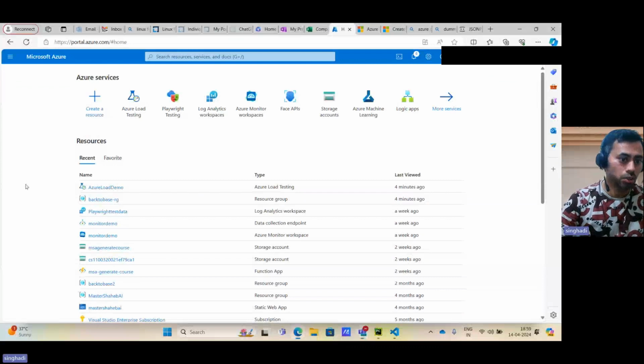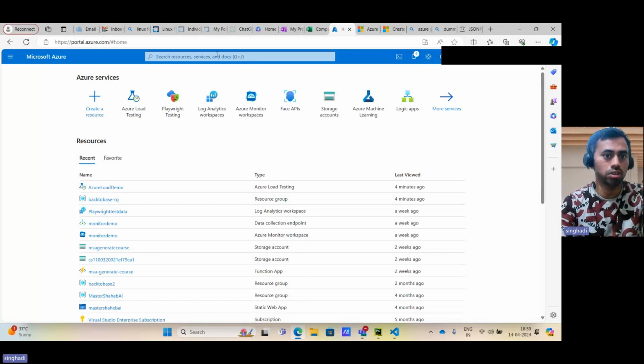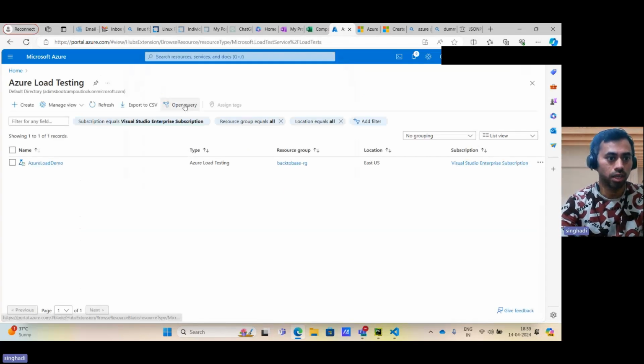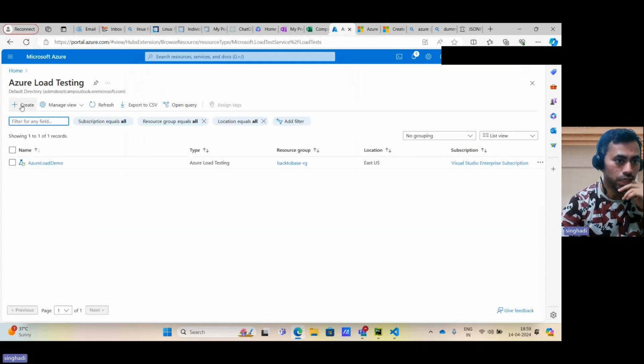So, without wasting much time, let's talk about that. As you can see, I already have the Azure portal open. I'll create a resource, just search for Azure Load Testing, and here you can create